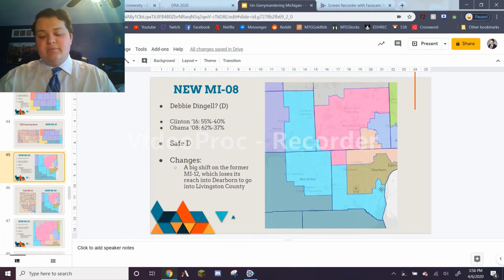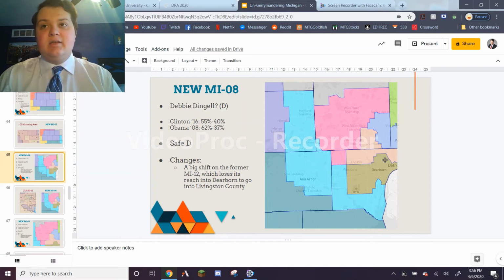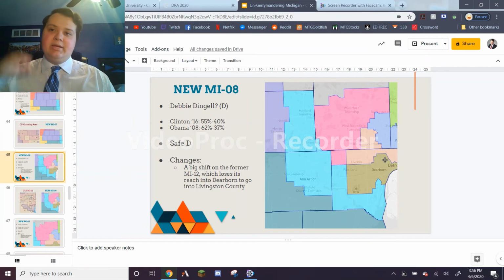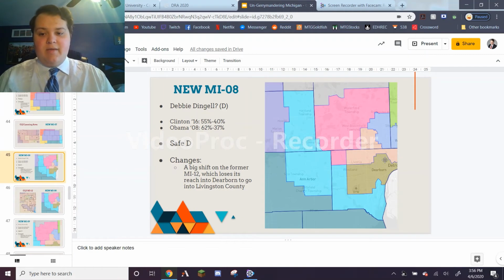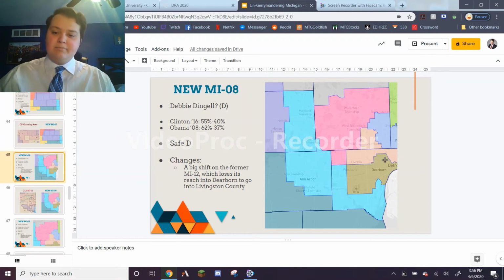In its current configuration, the district goes from portions of Washtenaw County here all the way to the downriver communities of Wayne County, and then it includes Dearborn, which is a very large, heavily Arab American community. Dearborn, fun fact, is the largest concentration and population of Arab Americans anywhere in the world outside of the Middle East. So it's a very large community, heavily Muslim, heavily Arab American. That being said, they don't need to be incorporated in this district. They deserve some sort of representation of their own. The current configuration really dilutes the power of the Arab American voters in that community.